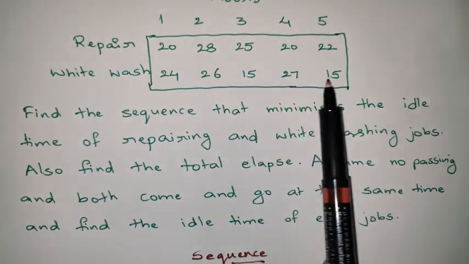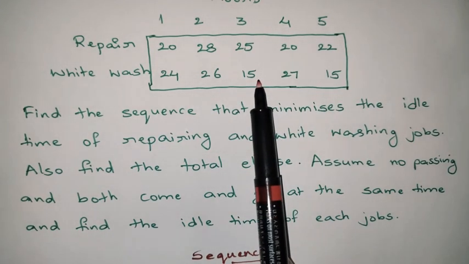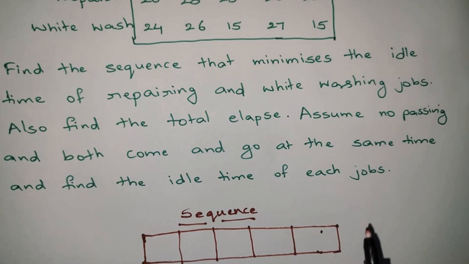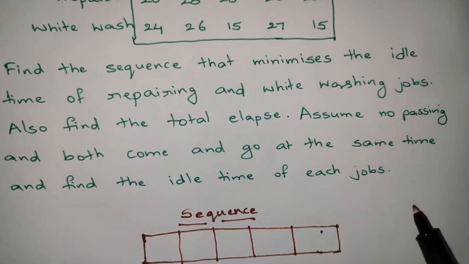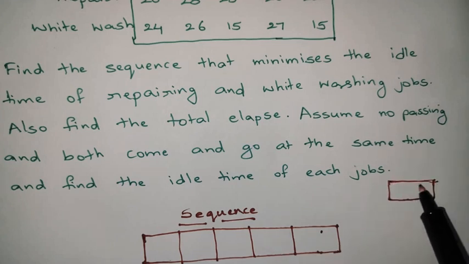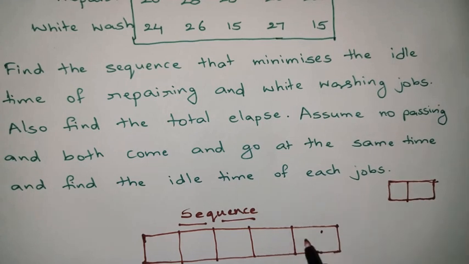Since the minimum value is in the second process, we need to write either 3 or 5 on the right side of the grid. Which one do we write first? There is a competition for this grid. For example, if we write 3 here, then you will get 5 here. If you write 5 here, then you will get 3 here. So these are the two grids we need to decide now.